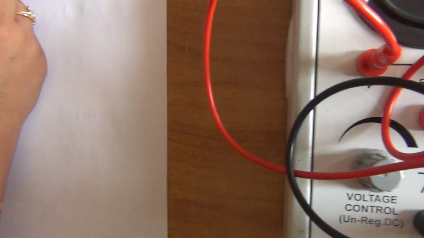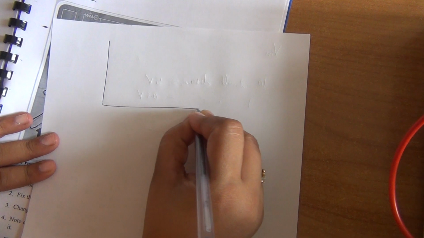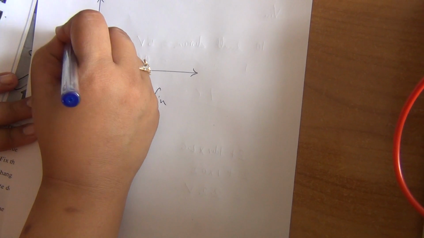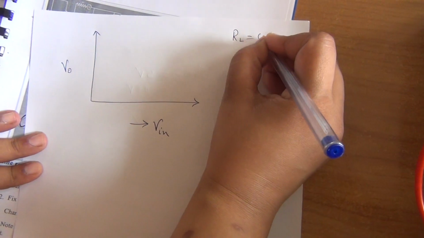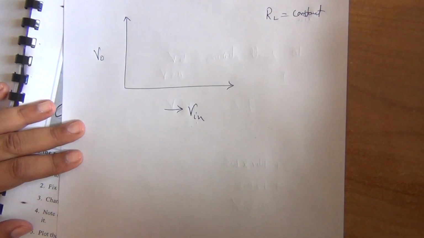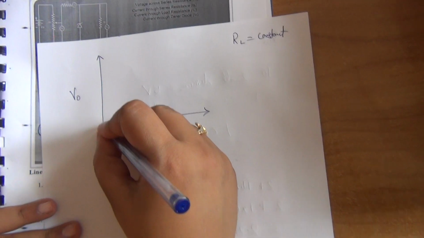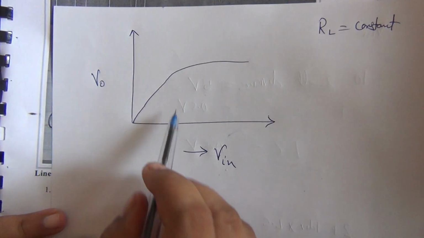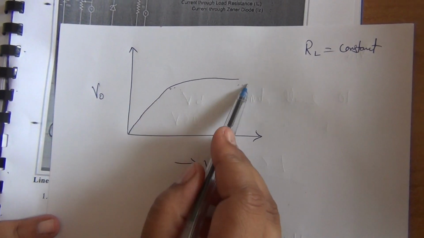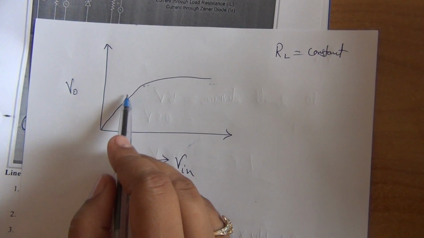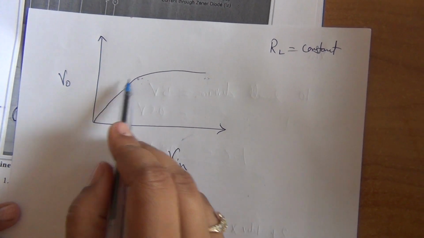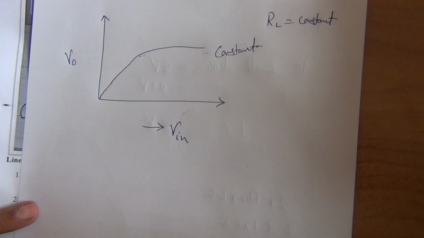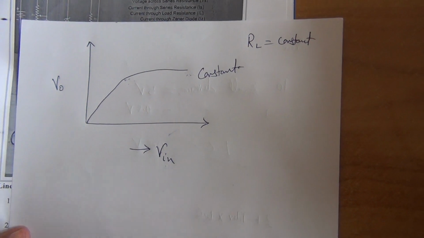If we want to plot the graph between input voltage and output voltage in the first case, keeping RL constant, then from the table the shape of the graph will be like this. Initially, with an increase of input voltage, the output is increasing, but afterwards, whatever the value of the input voltage, the output voltage remains constant. So we get a constant DC voltage whatever the fluctuations in the input supply.